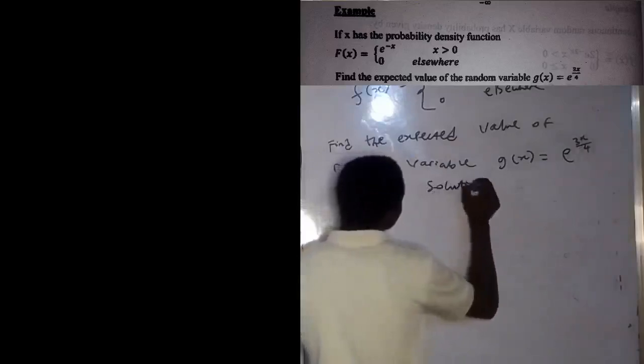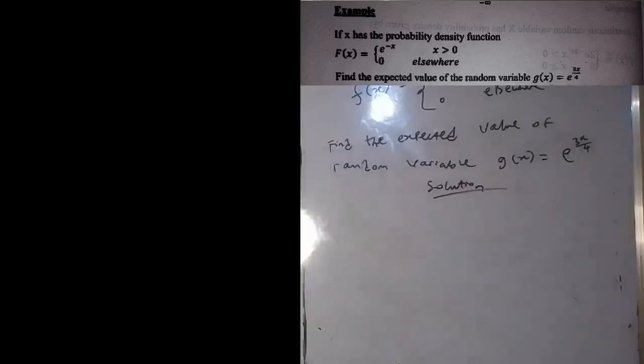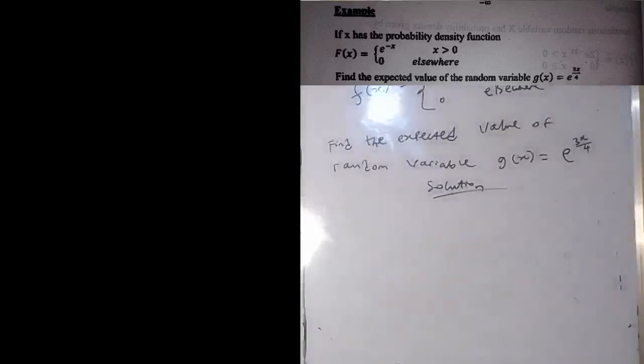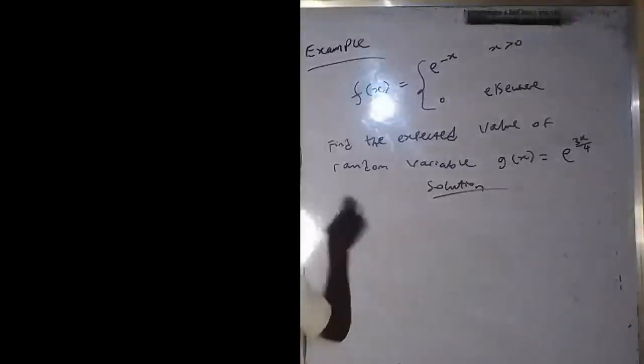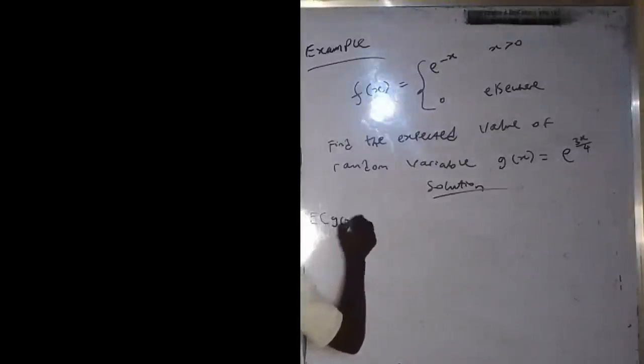Solution. So we have to find the expected value of that random variable, exponential 3x over 4. So the expected value of g of x is